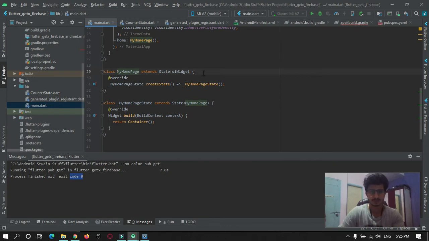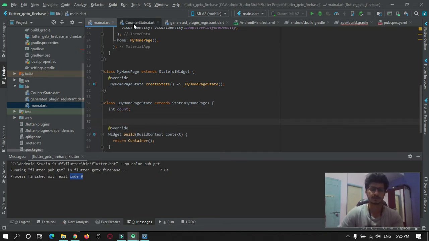Now just come to my home page. Here create a variable that is count. After that we need to create an instance of counter state.